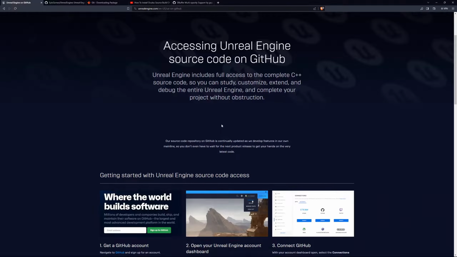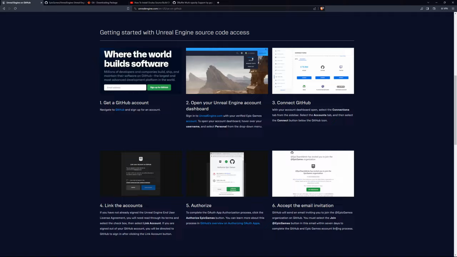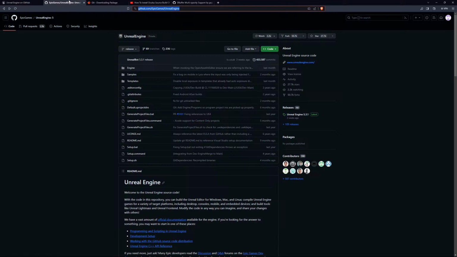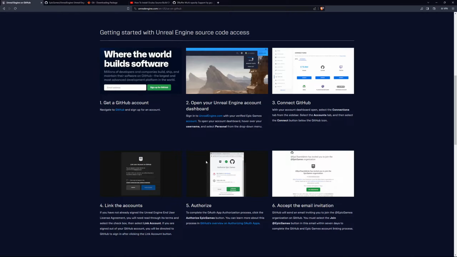For that, you're gonna have to create a GitHub account and connect it to your Epic Games Launcher. This is quite easy. You can do this maybe in like 5 minutes. And then you will be able to open this link, because if you try to open it now without having an account, it's gonna show you a 404 error. So after you set up your GitHub account,